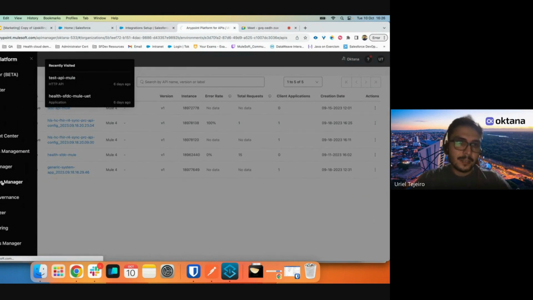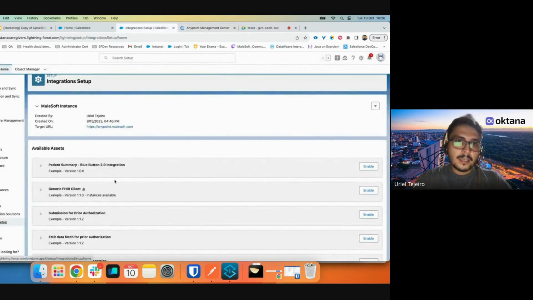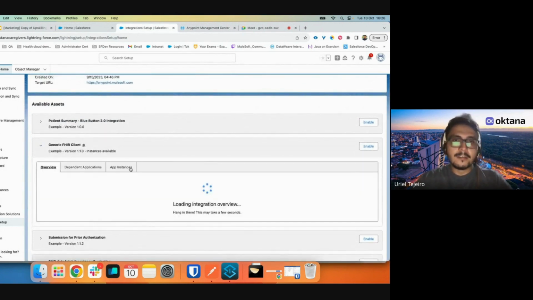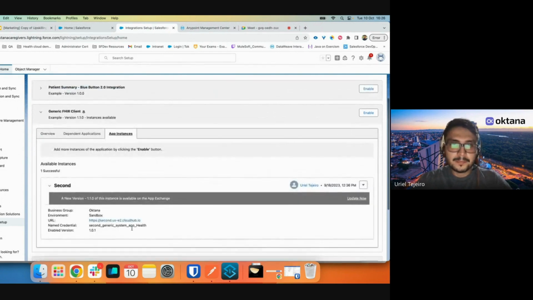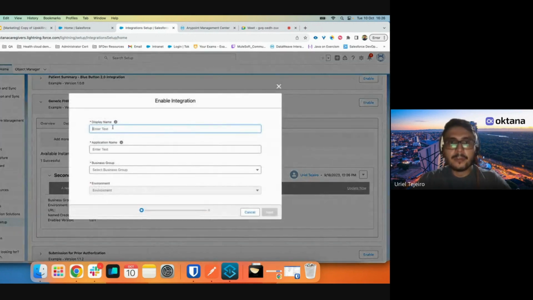I got it right here. And as you can see, they also offer us some assets in order to test, and here it's going to ask us for the JSON Web Token that you mentioned. The only thing we need to do is click Enable, and we are going to be able to create a new instance inside this Salesforce, and Salesforce is going to handle all the behind-the-scenes connection with the external system. So just to show you this,